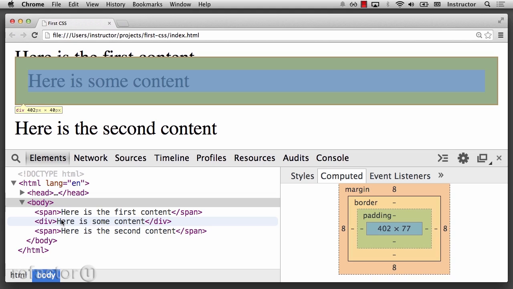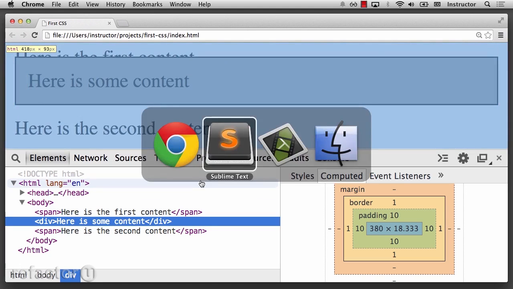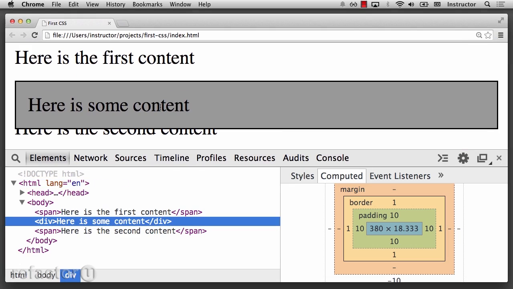For instance, if I change the property that's changing the position of this div, let's see what changes. Here I'm going to change the bottom property to be -10 pixels. This will pull it 10 pixels away from the center of the content. I'm now just specifying bottom, it will move the whole content. Refreshing the page, we can see that this is moved down, but neither of our first content or second content